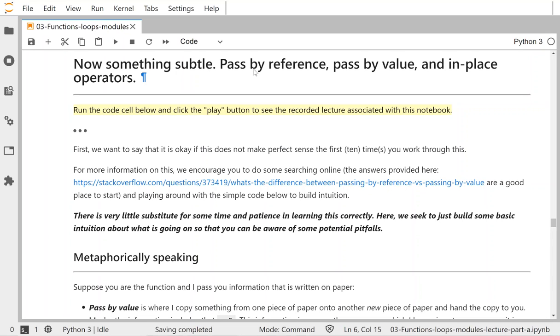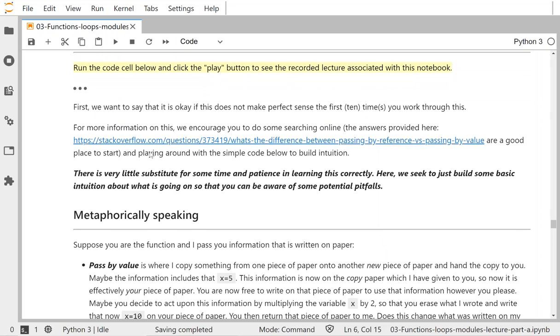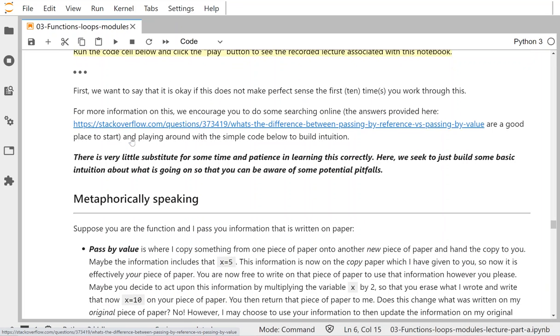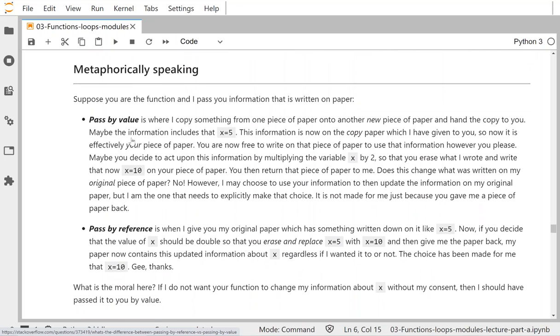The topic here is pass by reference, pass by value, in-place operators, and we also talk about the scope of variables with respect to functions. There is very little substitute for just taking some time and patience and learning this correctly. Here we seek to build some basic intuition about what is going on so that you can be aware of some potential pitfalls. There's also a link here that I think is a good place to start and read some other people's perspective on this, but we're just going to dive right into this,